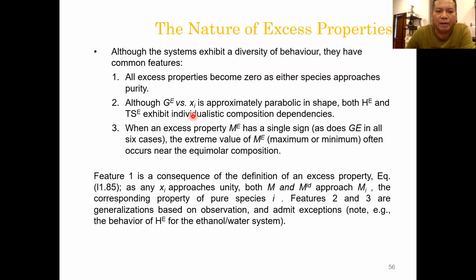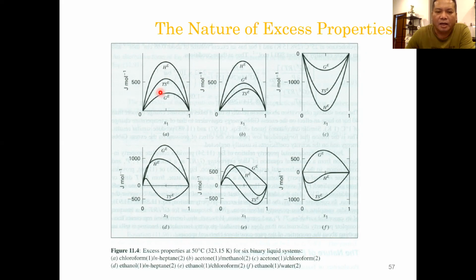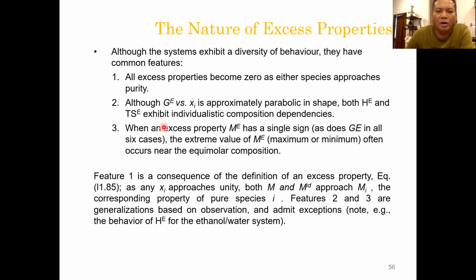This is what they mean by: all excess properties become 0 as either species approaches purity. So at purity all are 0, all 0 here. The second one says that although GE is parabolic, both HE and TSE